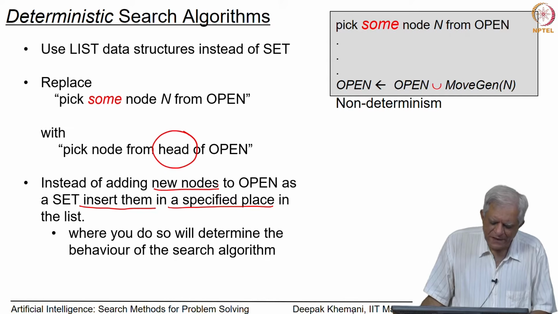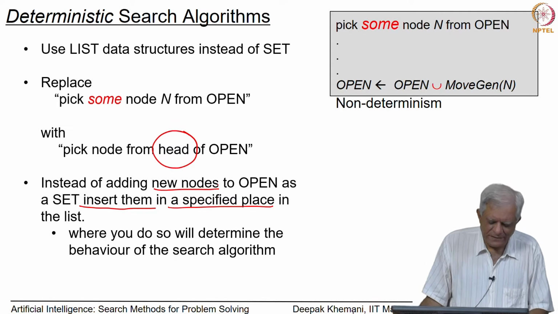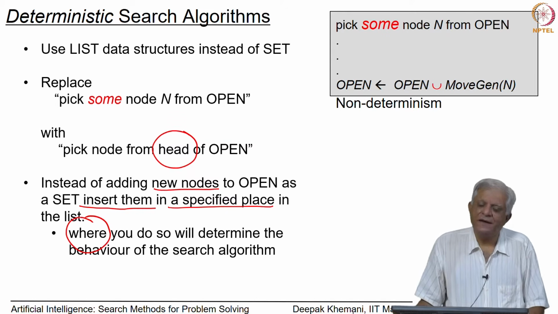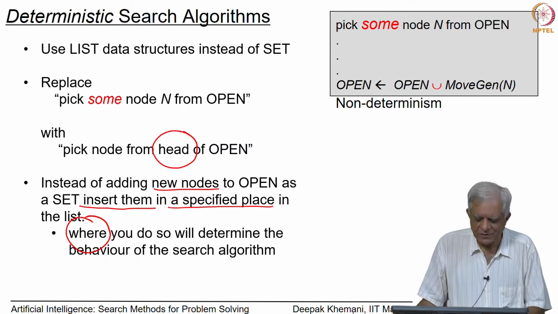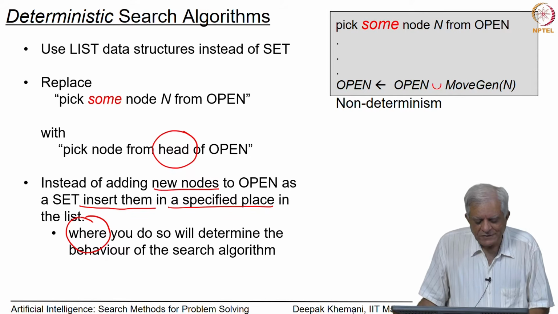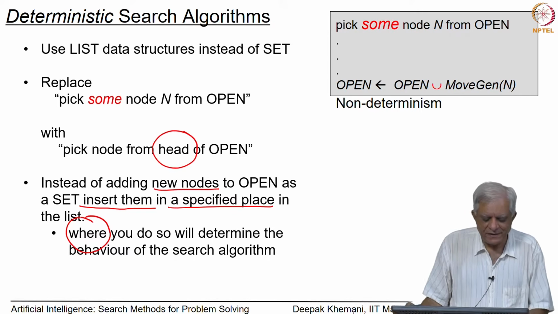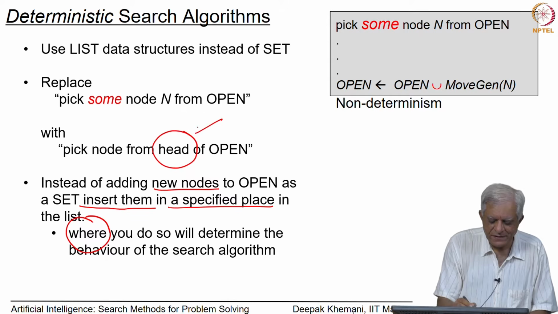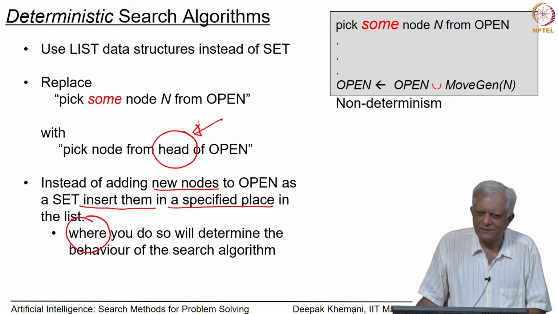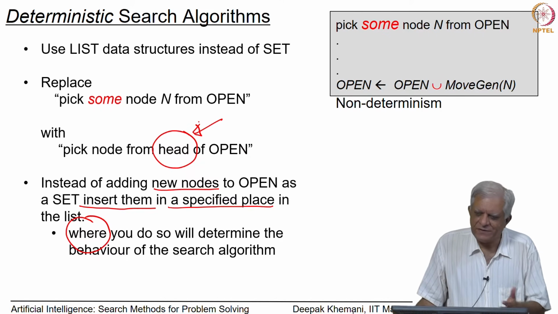In fact, in the next few classes, we will experiment with this where and see what is the impact of putting those new nodes in different places in the open list, because we have decided that we will always pick the next node to be inspected from the head of open. So, the only control we have left is how do we maintain open,